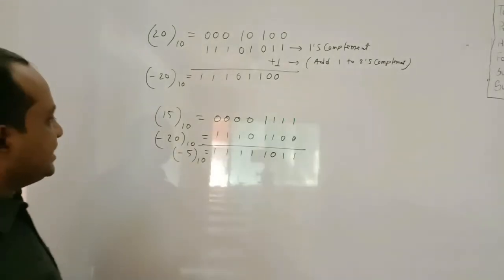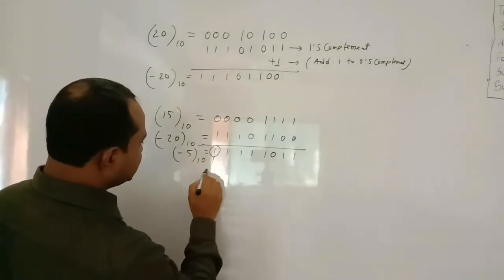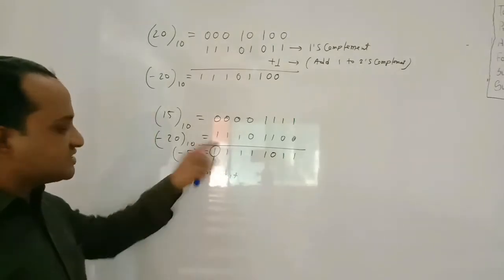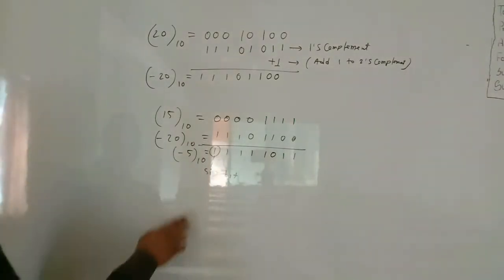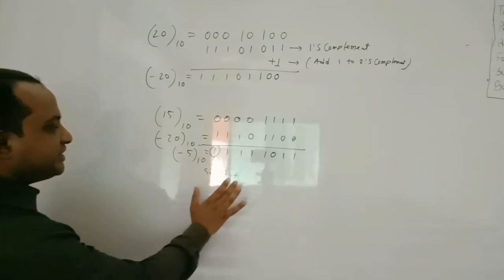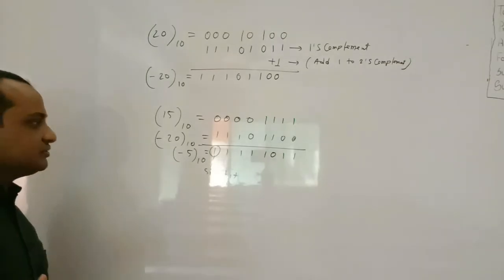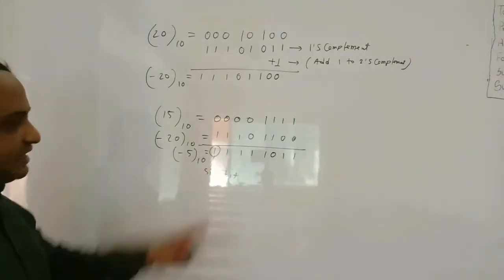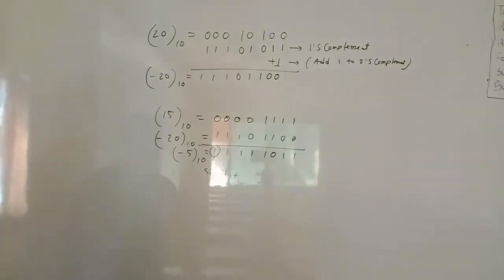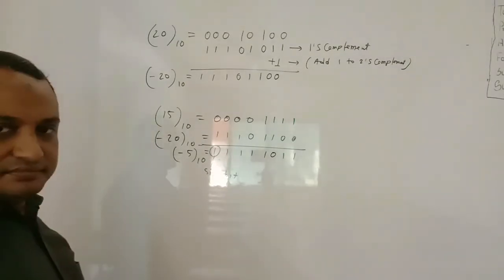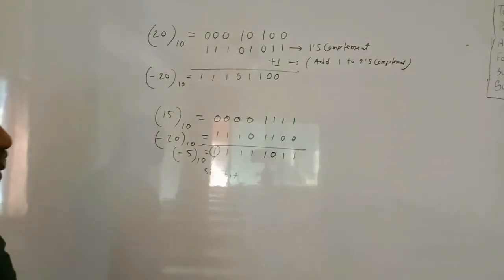The 8th bit is known as the sign bit. This is the sign bit. As the sign bit is 1, it is a negative number. Everybody write in your answer: as the sign bit is 1, the result is a negative number. Again, we will use 2's complement form on this number. Right, everybody? As the sign bit in the result is 1, it is a negative number, and you have to use 2's complement form again to show that it is 5 or minus 5.